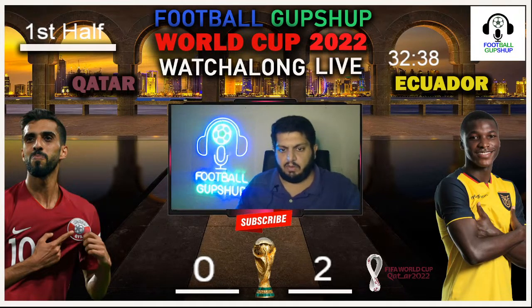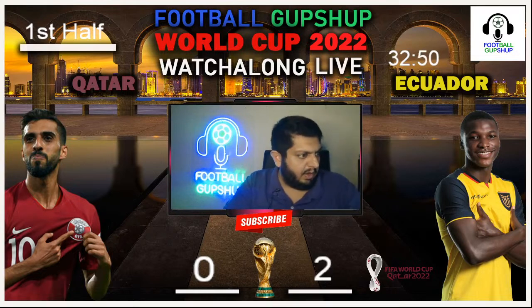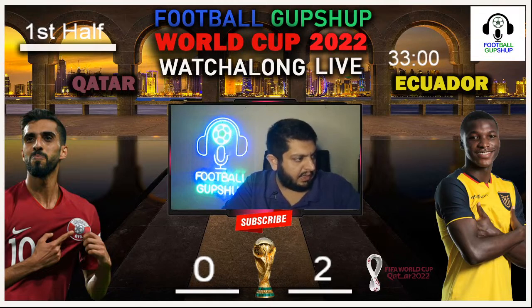This is turning out to be quite interesting, and you can clearly see what is happening. The ball has gone out right now. They're showing the replays of Valencia's goals, and he has started his World Cup account by scoring two important goals. And I think Qatar have been caught out quite surprisingly. And you can clearly see that the Qatar fans are very much dejected in terms of what they're witnessing right now.